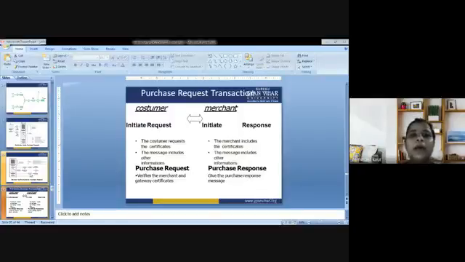Next is acquirer. Who is the acquirer here? Acquiring, it is a bank or a financial institution that processes credit or debit card payments on behalf of the merchant. Next is the payment gateway. What is a payment gateway? It is the merchant service provided by an e-commerce application service provider that authorizes credit card or direct payment processing for e-businesses.